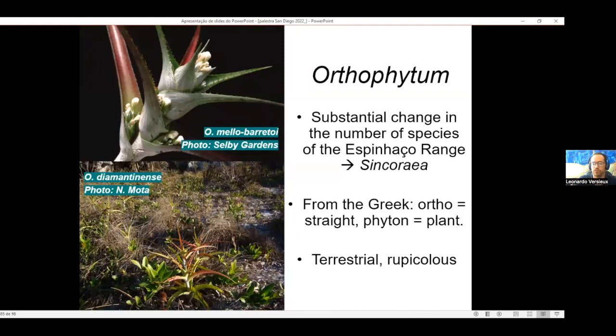Moving to Orthophytum. Orthophytum had substantial change as well recently. A large number of species that used to belong to Orthophytum were moved to Syncoria. And Orthophytum means from the Greek straight plant, ortho, straight, phytum, plant, and this is related to the shape of